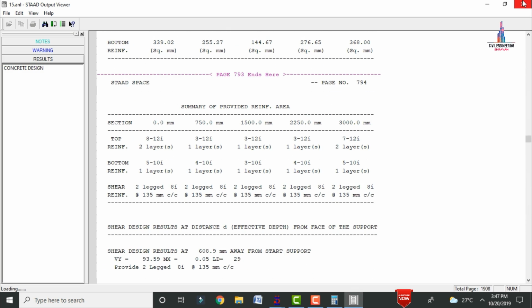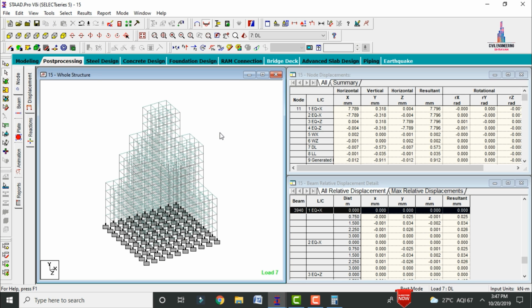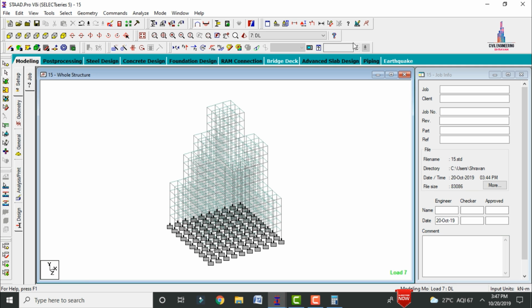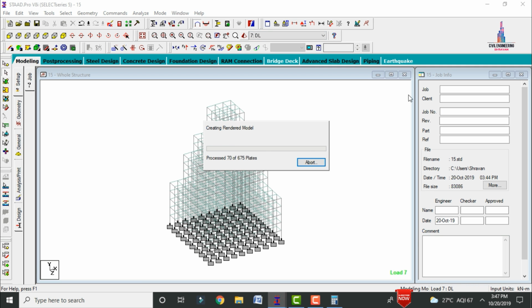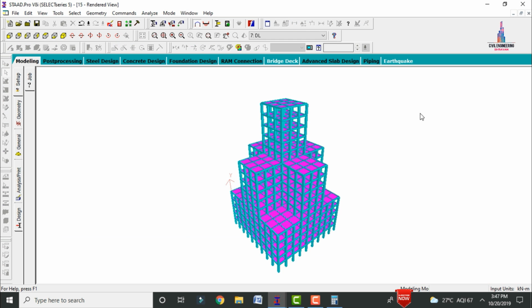Okay, so you can follow the foundation designing process as per your considerations of the foundation type, whether it is isolated footing or mat type footing. So I have already explained how to design the foundation for different types of the building section in my previous videos. You can follow that respected videos for the foundation section. Okay, so this is the complete process, analysis and designing of your respected 15 stories vertical irregular setback building by